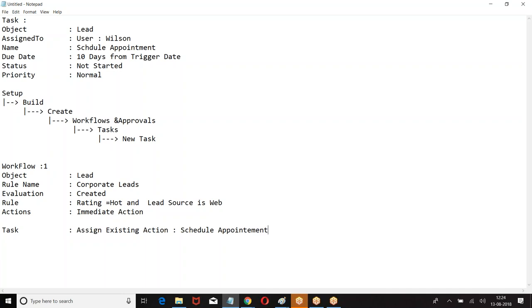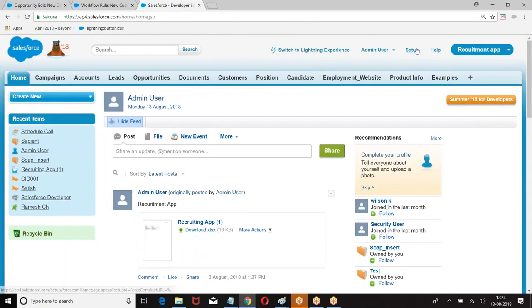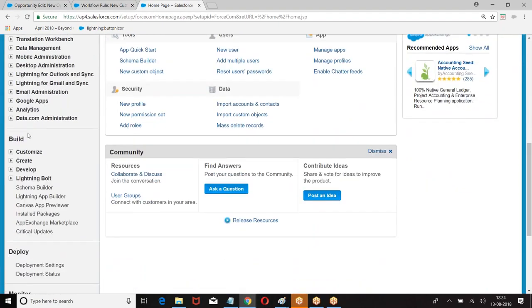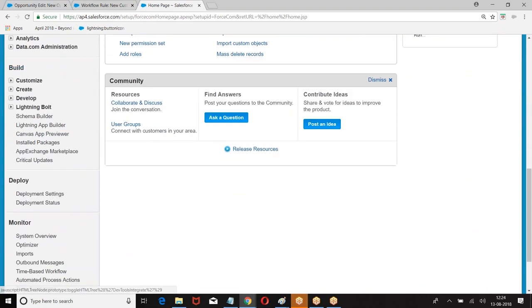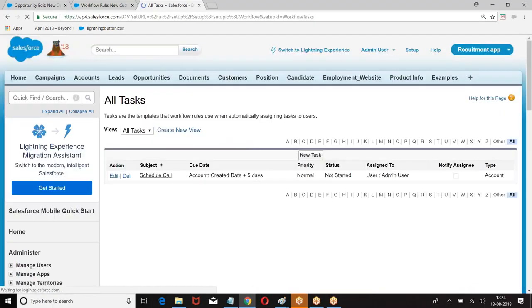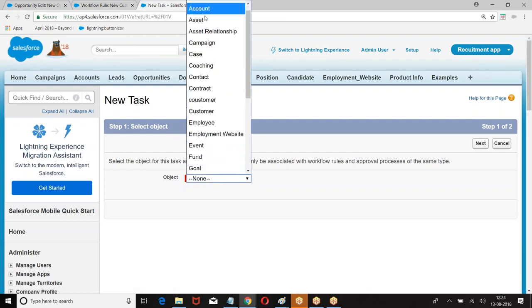This is a requirement. I have a task and I have a workflow. So first I was supposed to create a task, then I create a workflow rule and check the condition. So how am I doing it? Setup, build, create, workflows and approvals. Then we had task, new task, and which object?